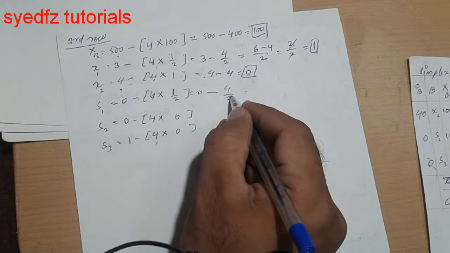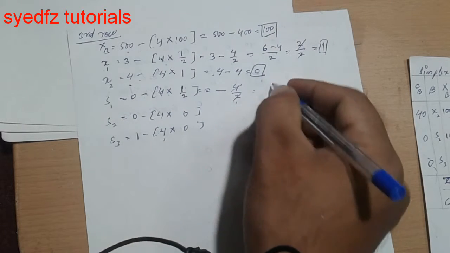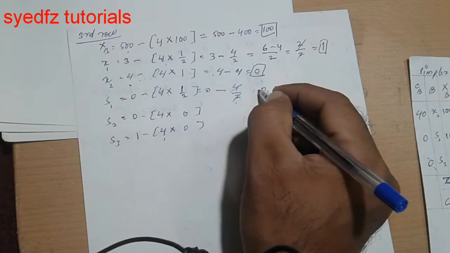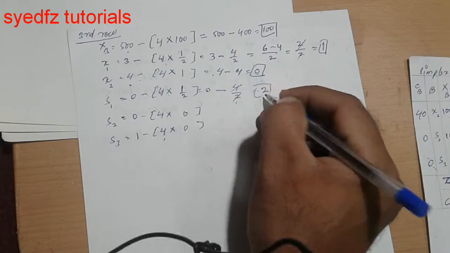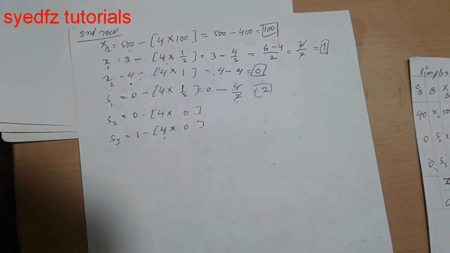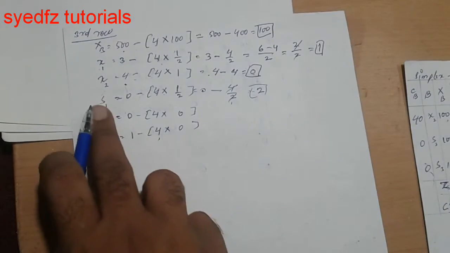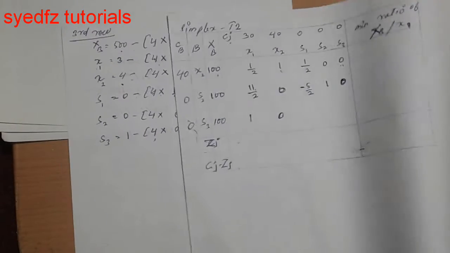2 1s are 4 divided by 2 means definitely 2, and that is a minus. Answer is minus 2. Okay, so we got the answer in minus. So it is for S1. What we have to do in the table, we have to write minus 2